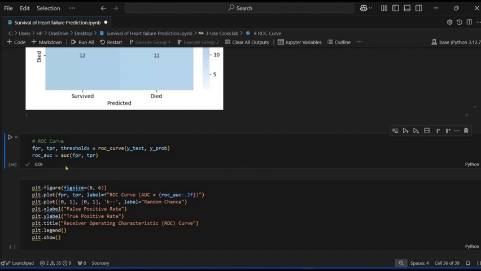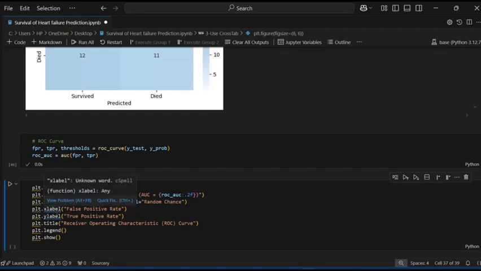So AUC is the area under the curve. It represents a single value under the ROC curve, and indicates the model's ability to distinguish the different classes. Now plotting: plt.figure figsize is given, and then we pass all these methods, and label equals these, and give the title.